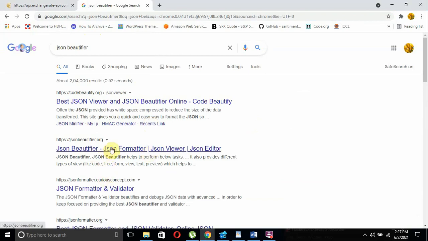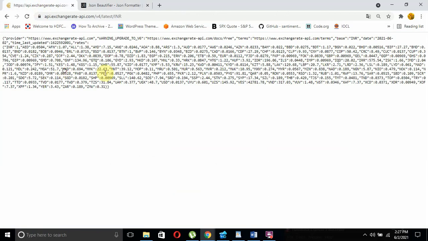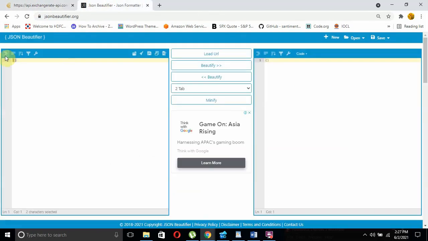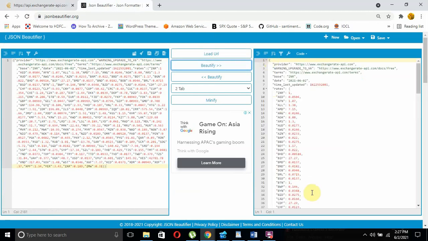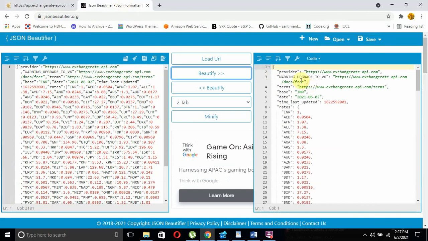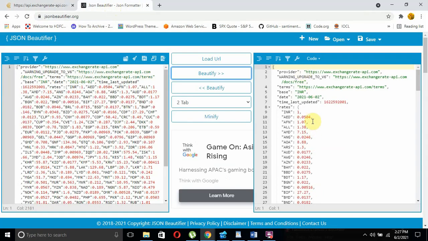You can pick any good option, copy the entire data present here, put it there and click beautify. So you will get the beautified JSON output. This REST API call provides the output in JSON format, and using the JSON beautifier, you can see the output properly.